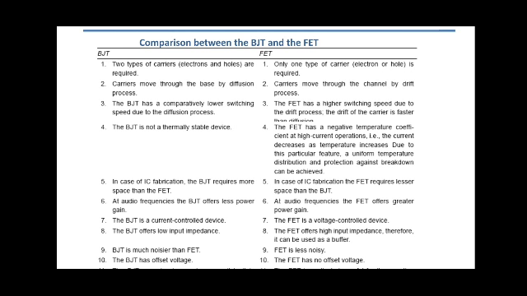That means as you increase the temperature at the junctions or of the device, it results in damage of the device. So BJT is not a thermally stable device. Okay, so in BJT, due to temperature there is a chance of damage of the device, whereas in FET the current decreases as the temperature increases.